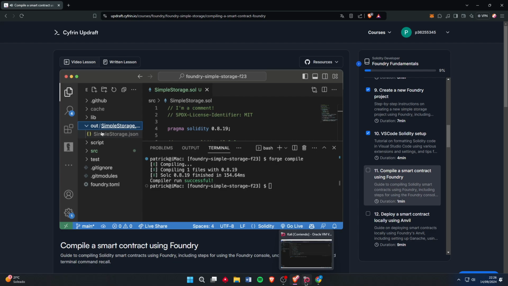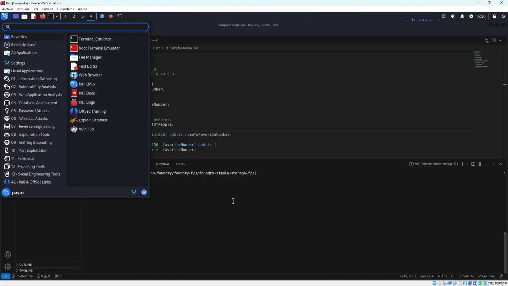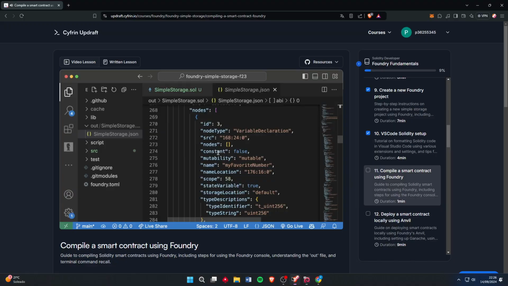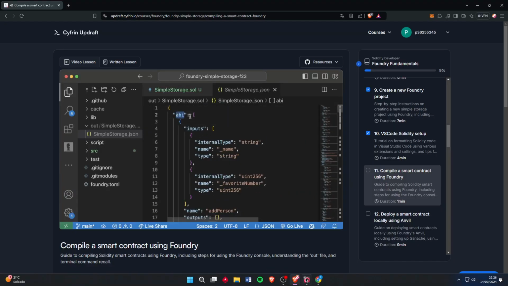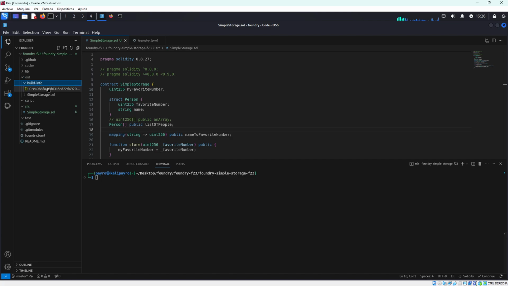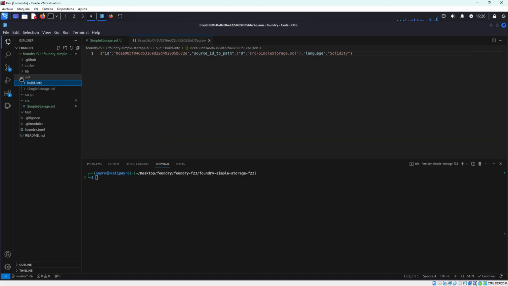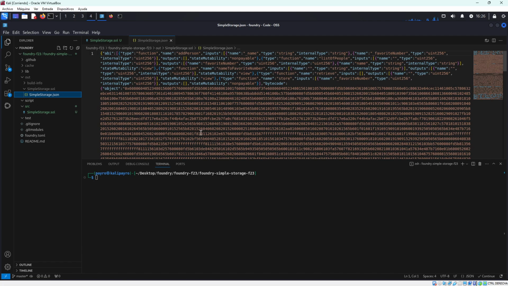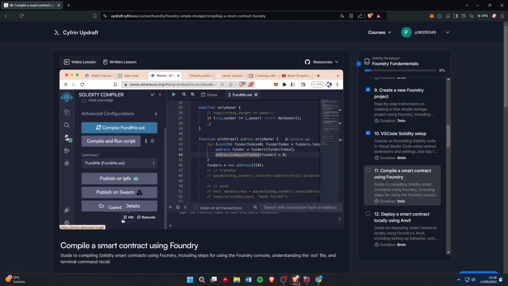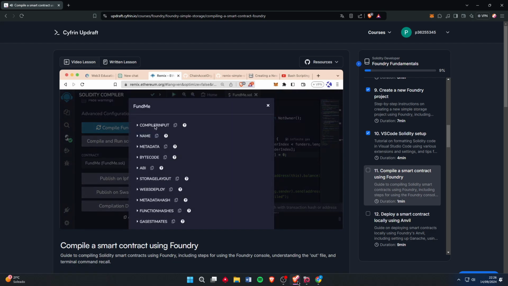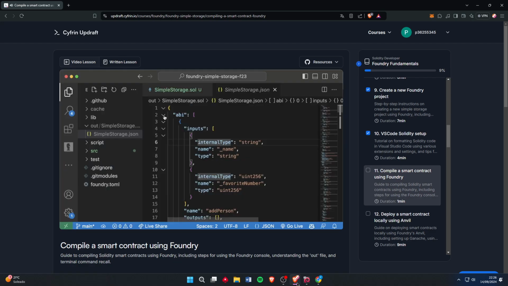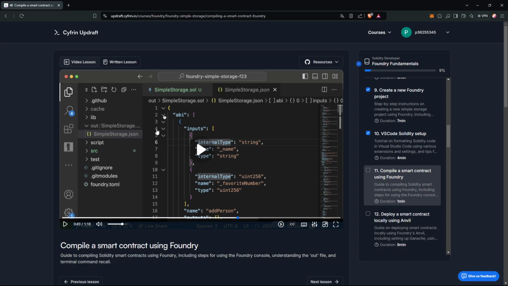One of them is out, and this file in out has all the different information that the Remix compiler would have. For example, it has the ABI. If we go back to Remix, we go to the compiler tab, we go to one of our contracts, we scroll down, we can see we have the ABI section, or it's also in the compilation details. In VS Code, we can even click this little